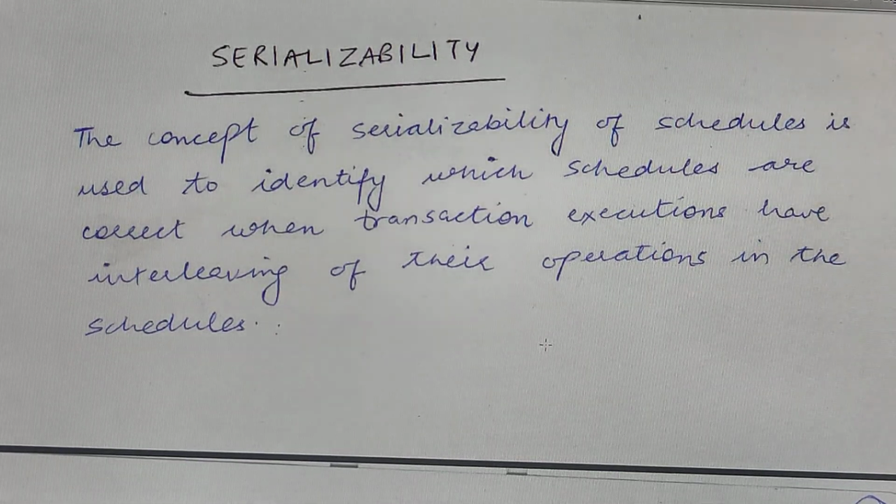It's like we are switching between the two transactions because they are two concurrent transactions. It is not the scenario like we have executed transaction T1 completely, then we will move to transaction T2 completely. It is like the operations of the two transactions are switched at certain intervals. This is known as interleaving of operations. So serializability we will use to check if the interleaving of operations is affecting the result of the execution of transactions or not. That is why we use serializability.